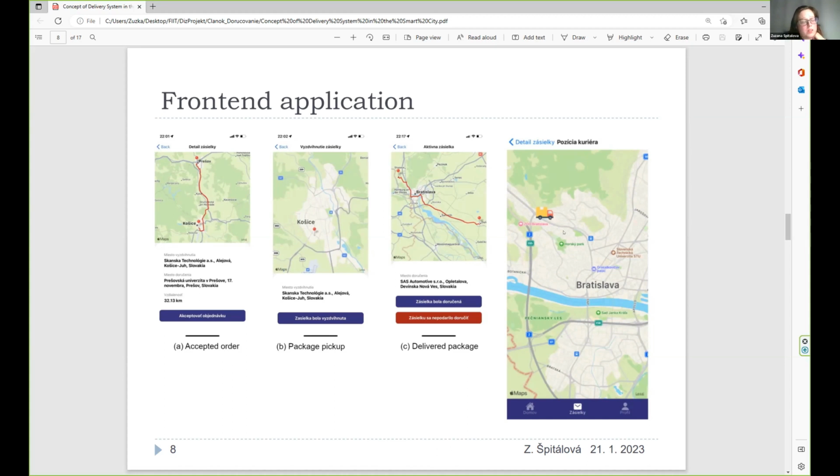What we can see is that this car is our courier, and we can see his movement.